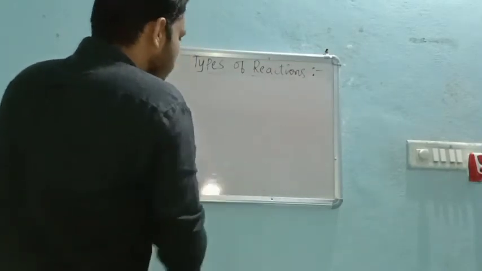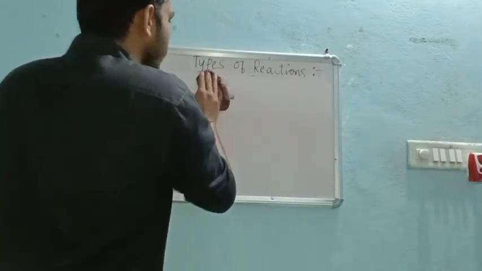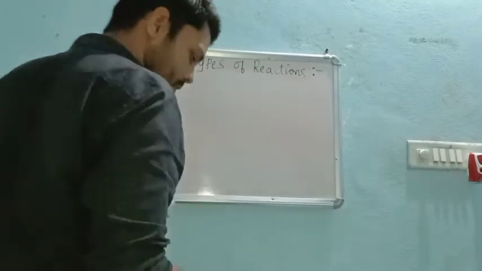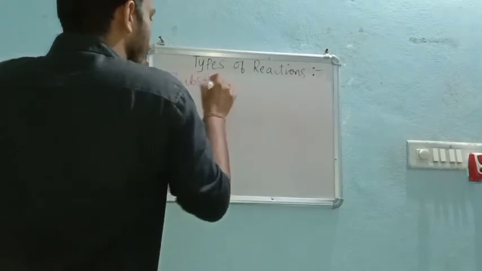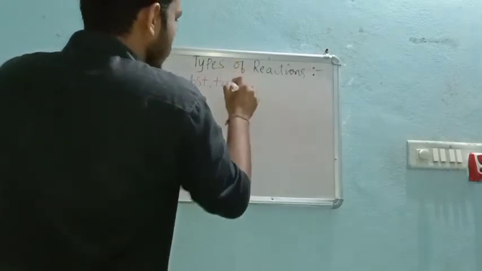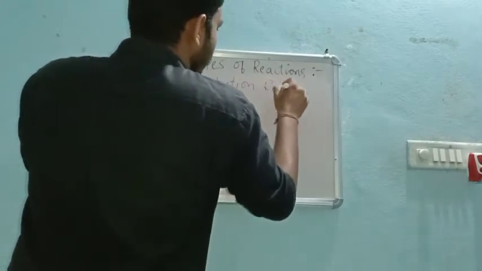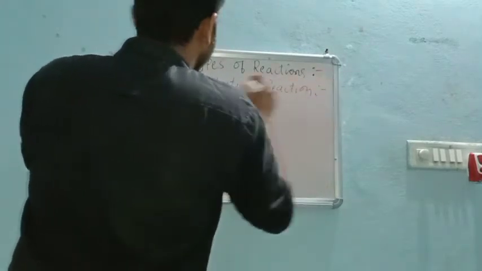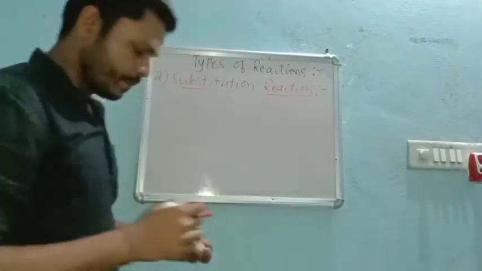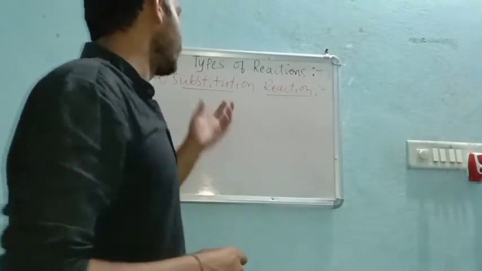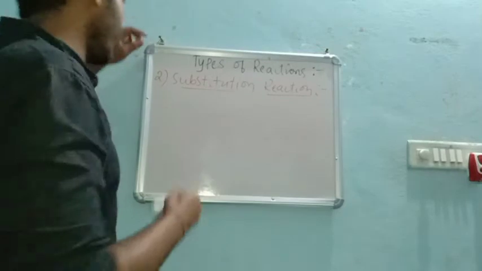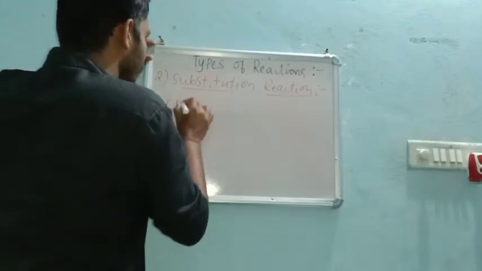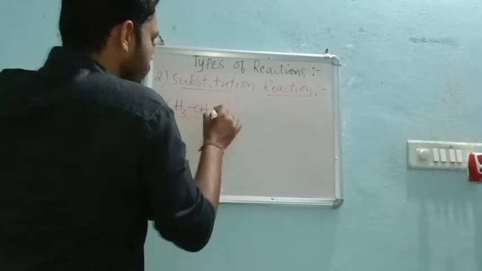Next is substitution reaction. Substitution means one atom or group is removed, and in its place another atom or group is introduced, substituted. So substitution reactions are very simple. I will first write the example, then you can easily understand. CH3 CH2